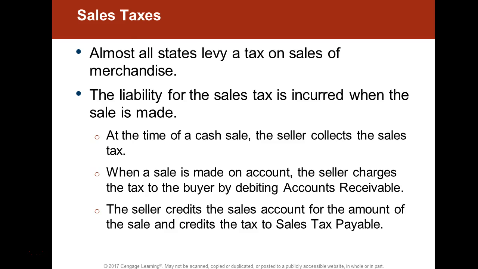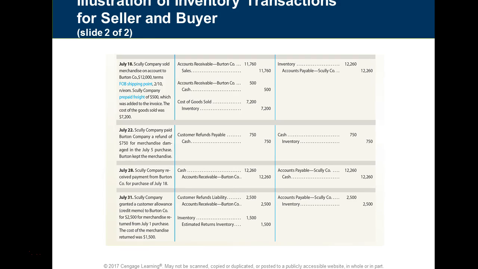The most important thing about these entries is knowing whose side of the entry you're recording. That can become very complicated and very difficult to fix. So when you read these transactions, be very careful of what the instructions are asking you to do. Whose side of the entry are you recording? Are you recording both sides, buyer and seller, or are you recording just the seller side?